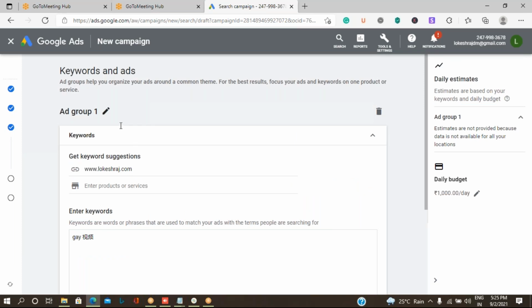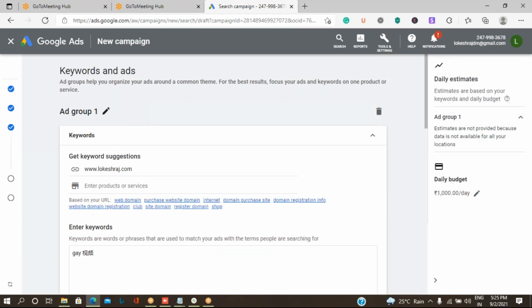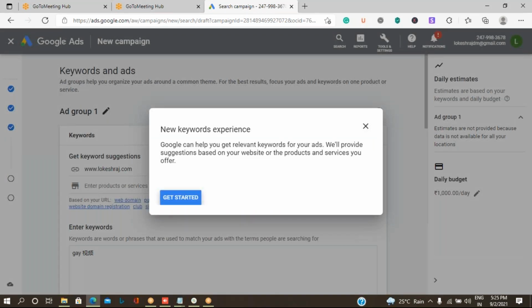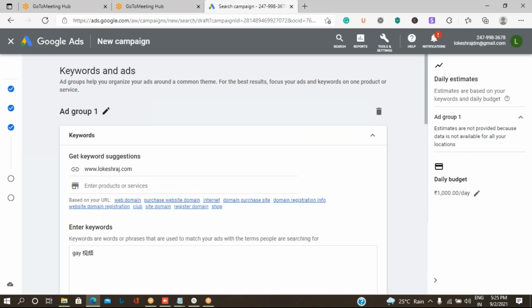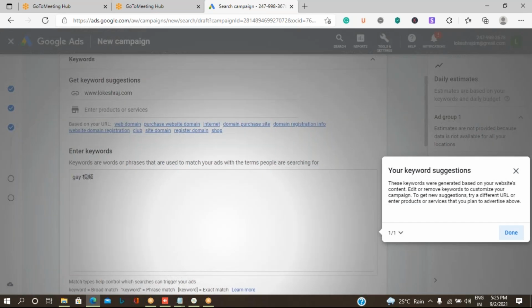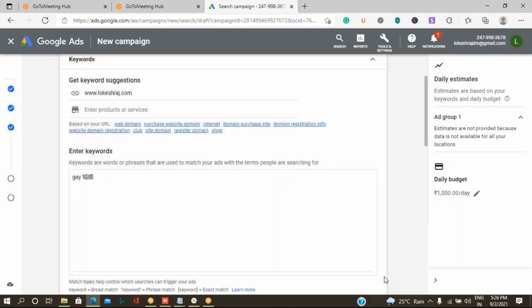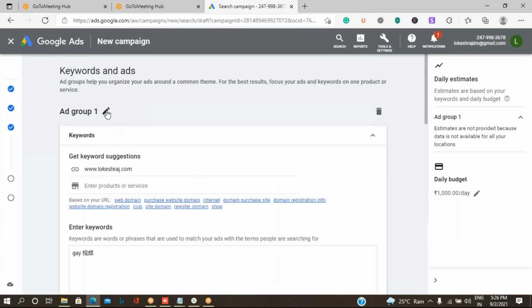The next important thing is the ad group. Let me assume that in my company, I have two different departments: one is training and another one is digital services. So I have to specify in the ad what I'm concentrating on, what I'm creating this advertisement for.